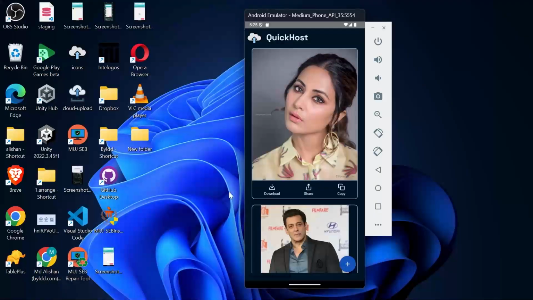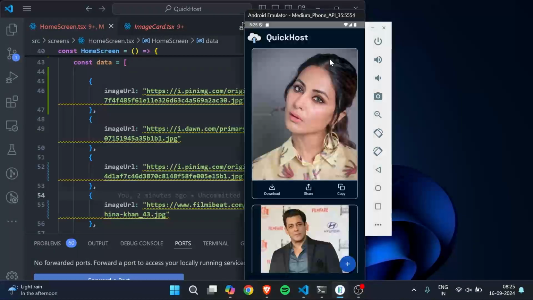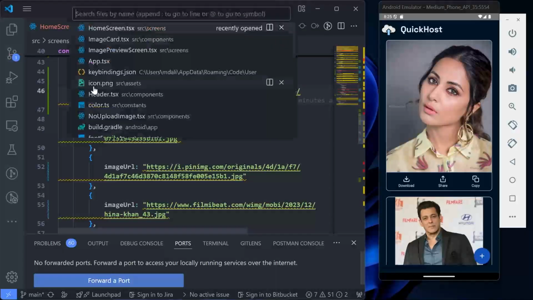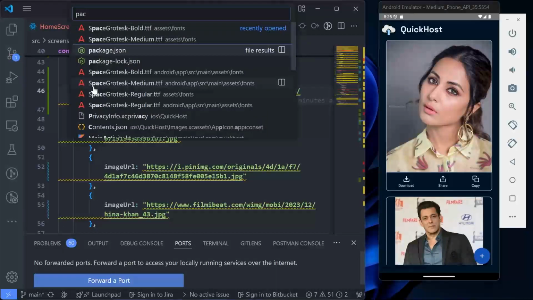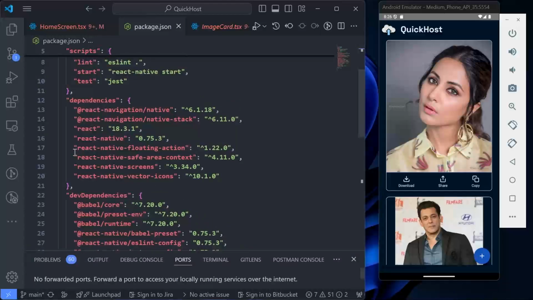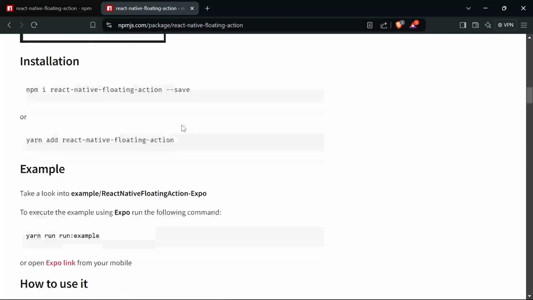First of all, you have to open your VS Code. So let me open my VS Code. As you can see, I had already installed this package. Let me show you in the package.json. Here it is installed, react-native-floating-accent. Now after that, once you're done with that,